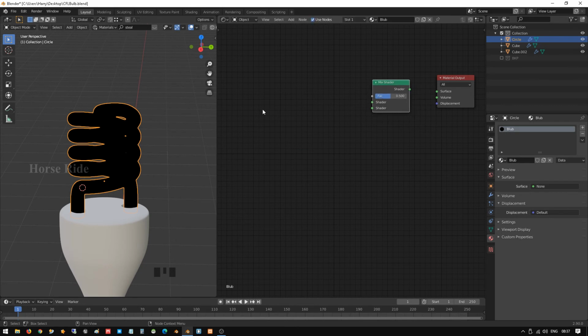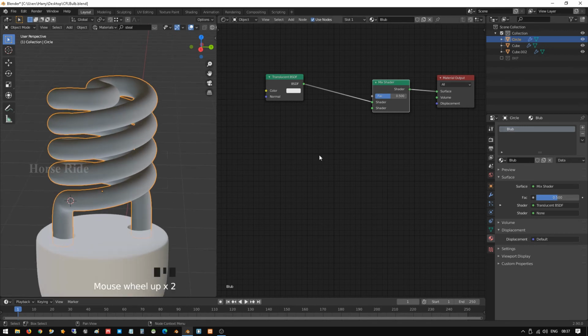Again Shift A, Translucent BSDF. Add this to here and add this to here. Now we are able to view like these things.